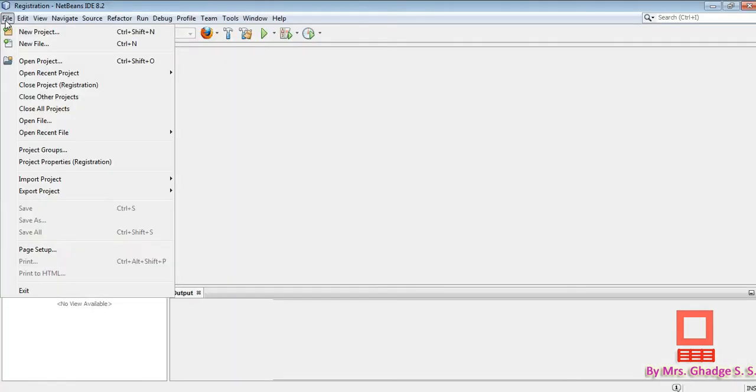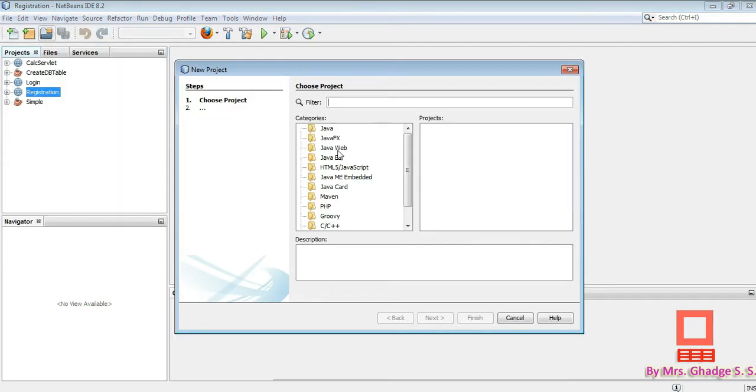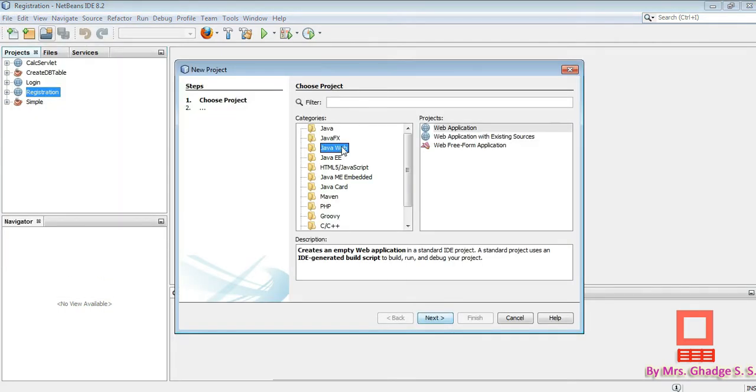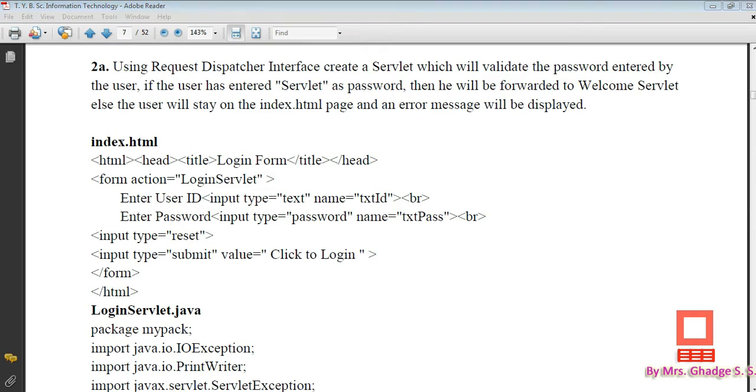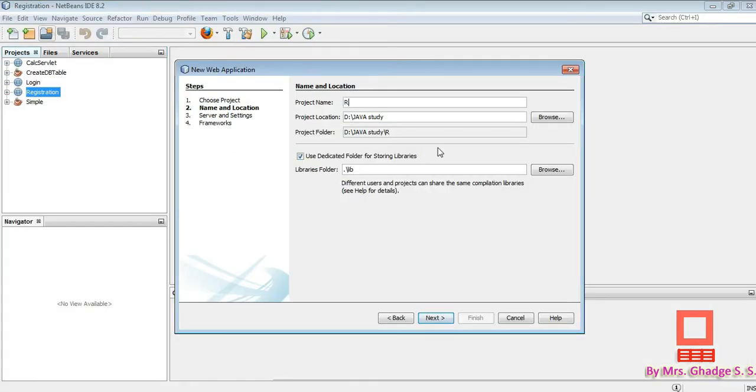Okay, so for that, click on file, new project, then select the option under categories, that is Java web application. Next, suppose here we write project name as REQ login.